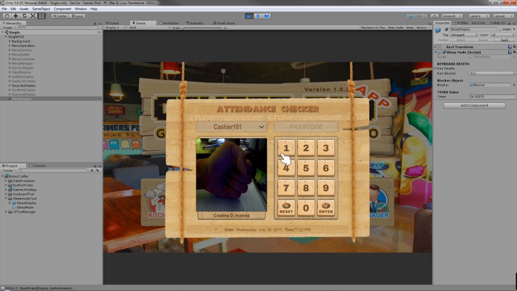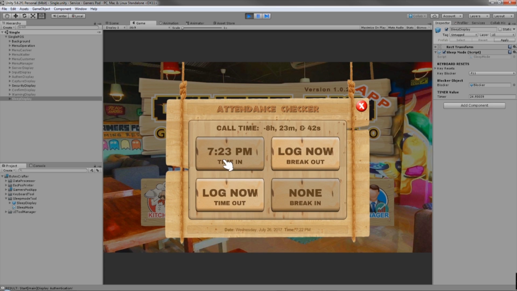If I go back to cashier 101, the call time is negative because I didn't set the shift time. The call time is, in other words, the lateness in hours, minutes, and seconds. You can also log out or break out. For example, the employee has a 45-minute break or 30-minute break.